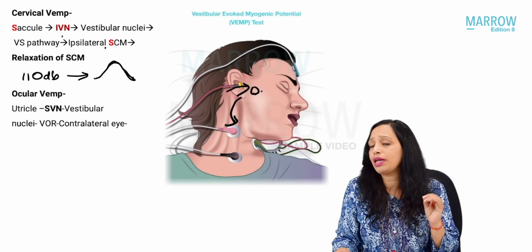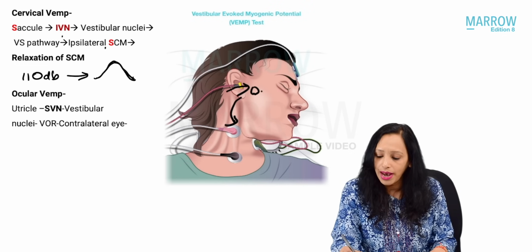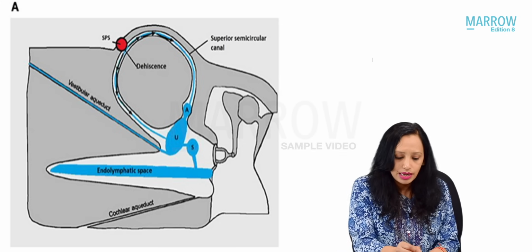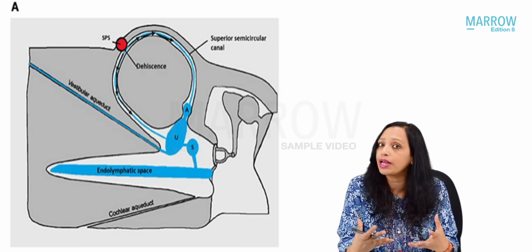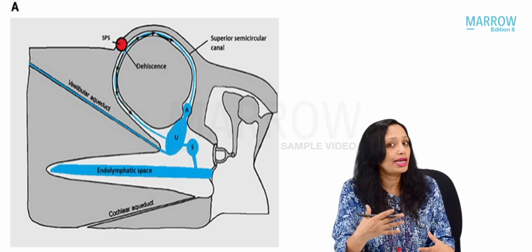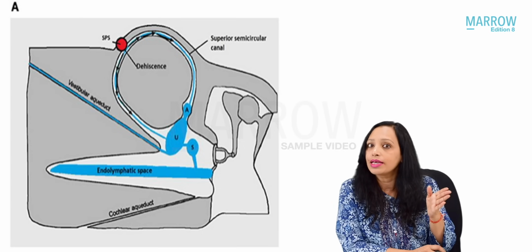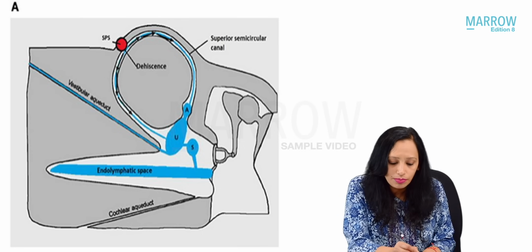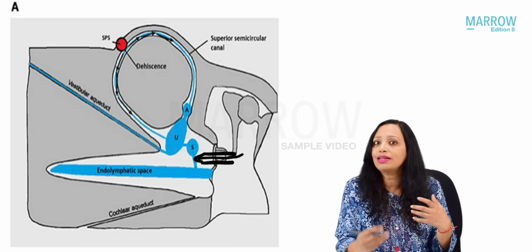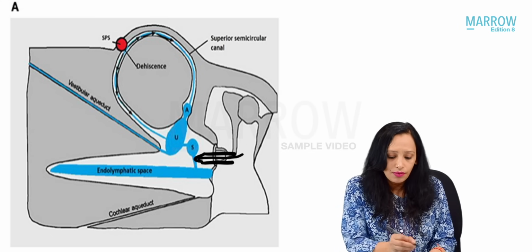Now, suppose in any patient the inner ear is very hyperexcitable. Why has the inner ear become hyperexcitable? Because the loud sounds and pressure changes are excessively entering into the inner ear, leading to hyperexcitability of the inner ear. So when can this happen? This can happen when there is a fistula on the medial wall. The loud sound, which is supposed to only mediate this reflex, is stimulating the inner ear so much that there is vertigo.